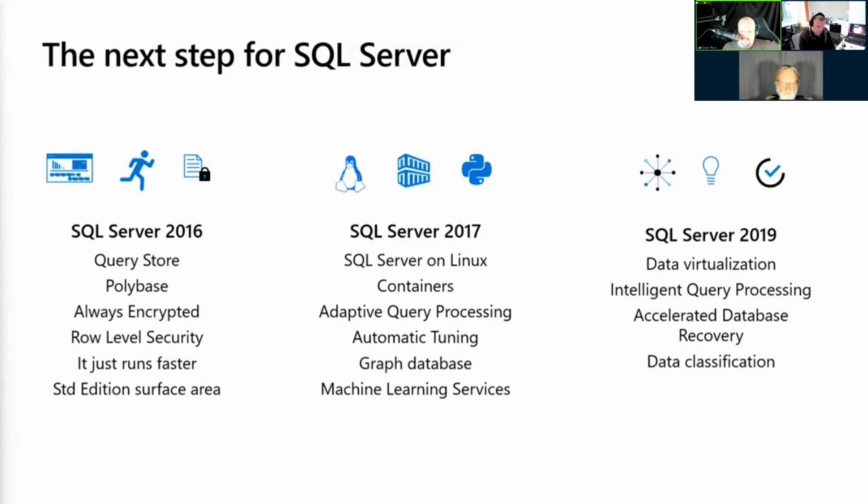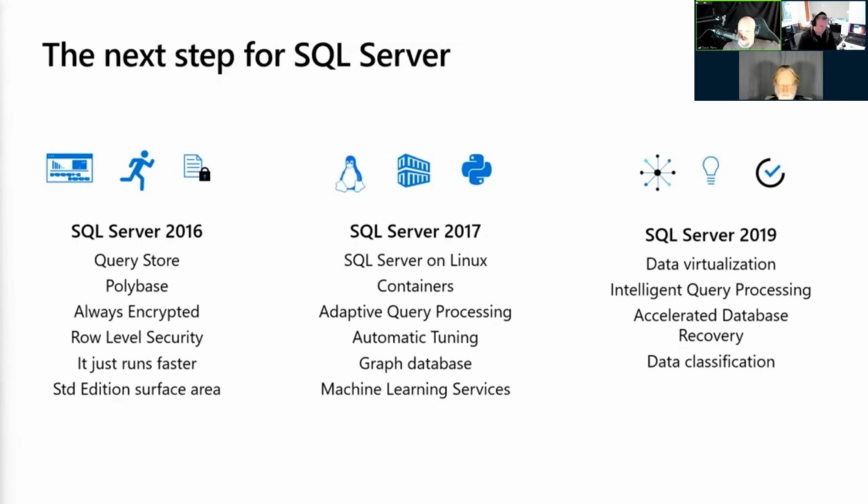SQL Server 2016 introduced many foundational capabilities that continue to improve upon the product. Query Store is one of my favorite features. It stores query text, plans, and performance metrics at the database level, making it much easier to monitor and troubleshoot, but specifically to migrate your databases and upgrade with greatly reduced risk. Additionally, SQL Server 2016 brought a whole new set of feature capabilities with Always Encrypted, dynamic data masking, and row-level security, so you really get that defense in depth posture that you're looking for. We also introduced the PolyBase query engine that integrates SQL Server with external data, with Hadoop and Azure Blob Storage.